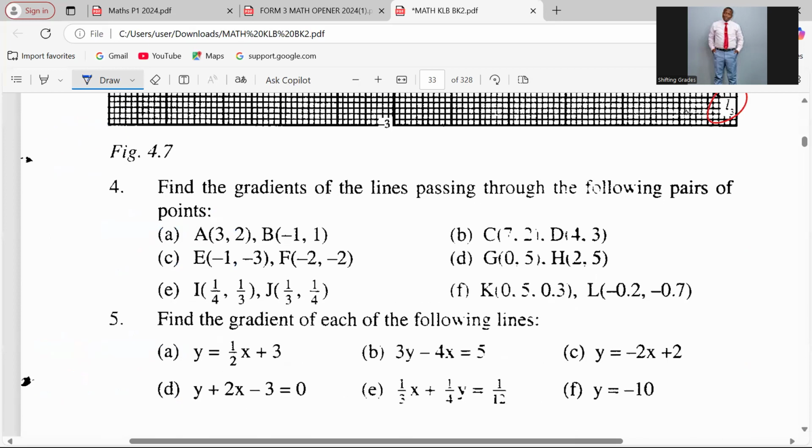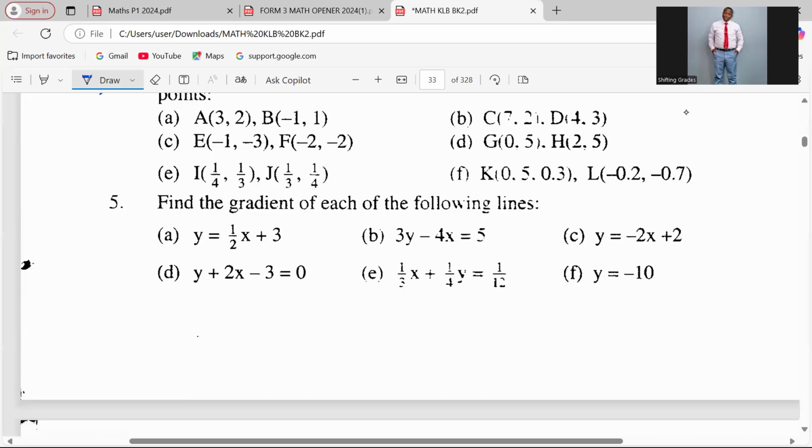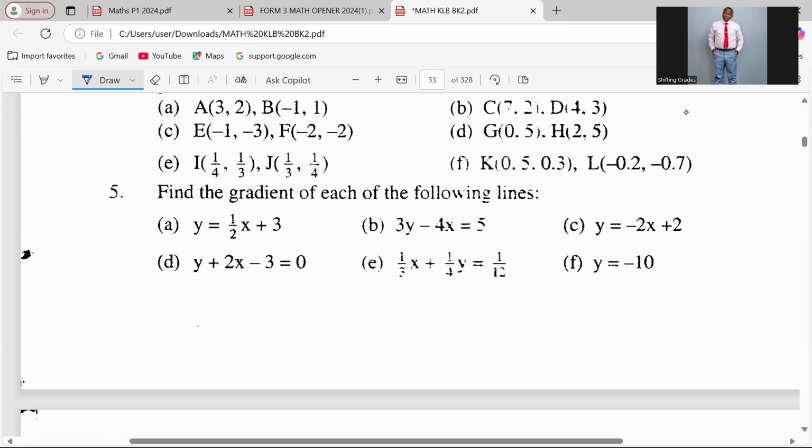Find the gradient of each of the following lines. Now for these lines, I have said that at an advanced level, you will be able to pick the gradient just from here. Instead of getting a table of values, then calculating gradient using change in y over change in x, you can simply pick the gradient from that point. This equation is not in the right format, which can help us to pick the gradient such a way. But this one, you can just pick it as -2. Here, gradient